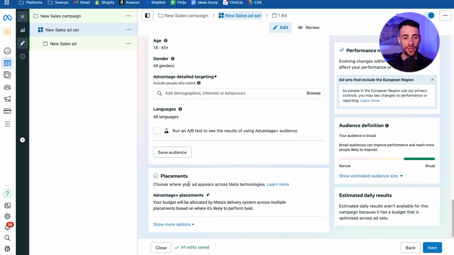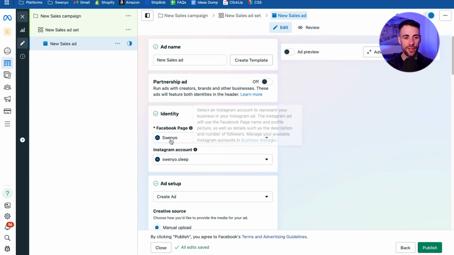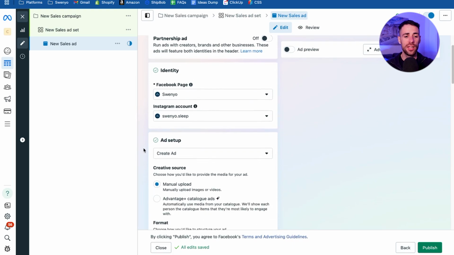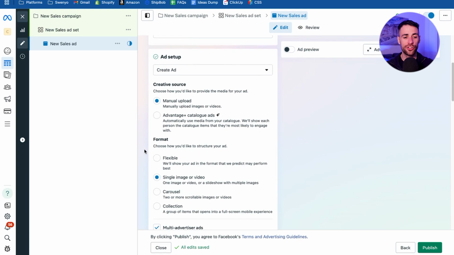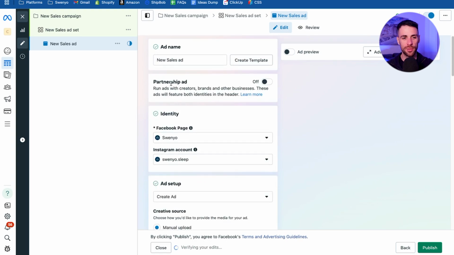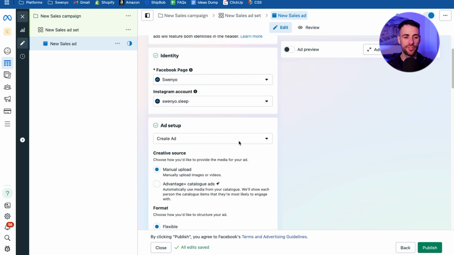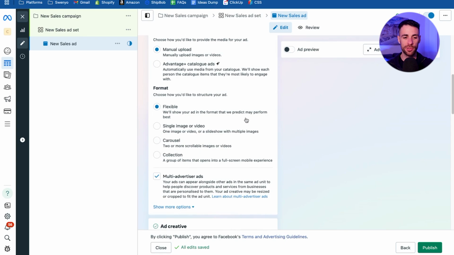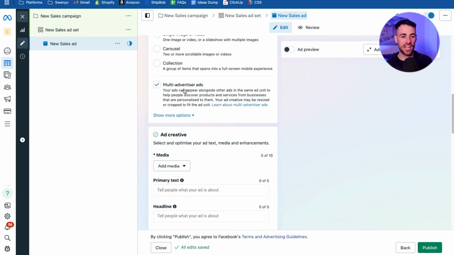Placements, you're going to keep that open, manual placements, so we can come and do the creatives. In the creatives, make sure the correct Facebook page and Instagram account are selected for the ads manager you're working in. Then you're going to come down and select flexible ads, okay? One other thing that keeps happening, sometimes this partnership ad thing is turned on. So turn that off because it will change how this all looks. But yeah, come down, select flexible ads, keep multi-advertiser ads checked,